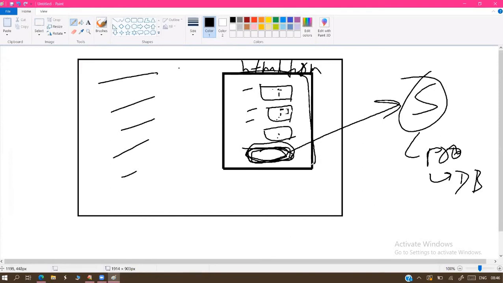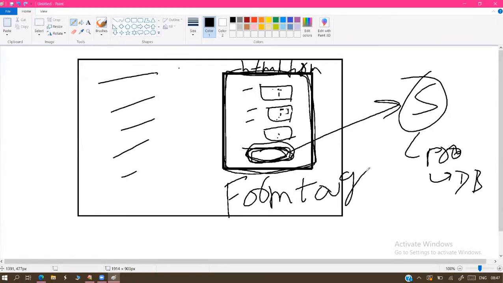So how do we design this layer, sir? For that we have the form tag. For designing this, we have the form tag. The form is very simple, sir. Real-life application forms are available. That is what the HTML form tag is. The HTML form tag represents an application form from your real-life point of view.